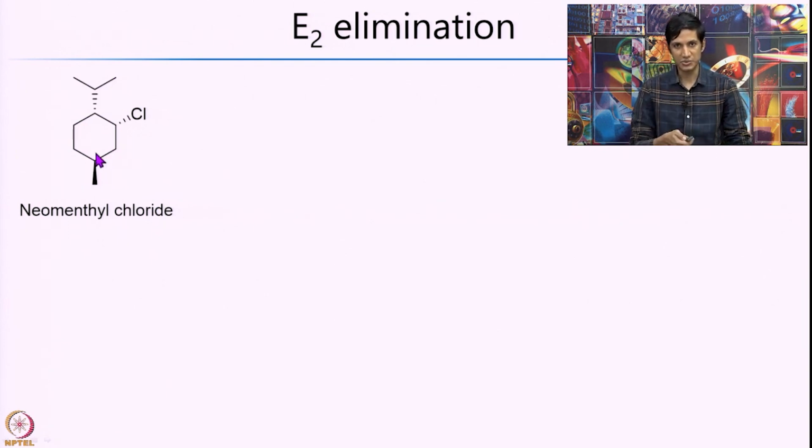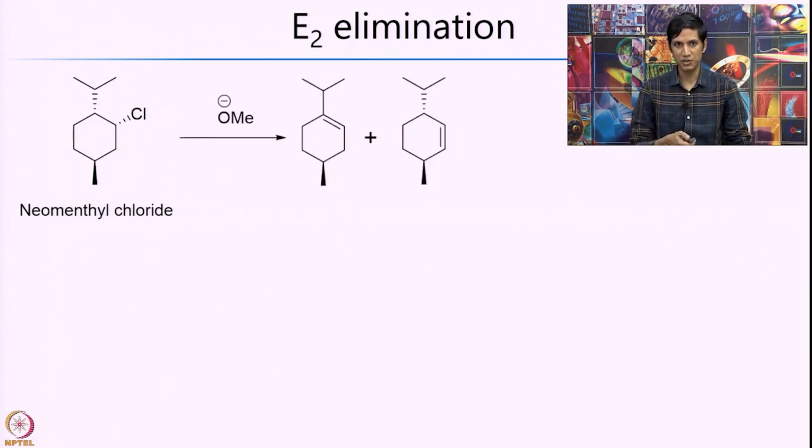If we take the substrate and subject it to a strong base like sodium methoxide or ethoxide, what one observes is that two alkenes are formed, called 1-menthene and 2-menthene. And you must be wondering why there are two products formed from the one given substrate, right? So we shall look at the origin of these two products and how that is related to the elimination